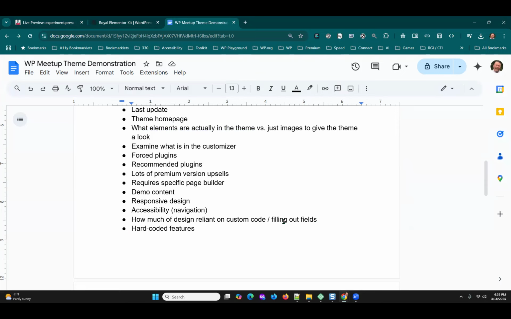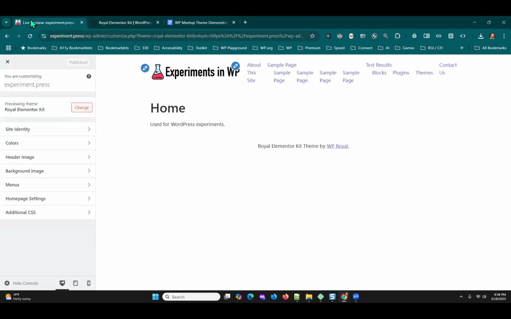Is it responsive? So I look for responsive design, accessibility. How much does it rely on custom coding and filling out fields and hard-coded features? These last two, especially when we're dealing with older themes or themes you might get off of Theme Forest or other sources. I don't even know if Theme Forest is still, I think there's still a source for plugins. But there can be a lot of things coded deeply into the theme. So when we look at that, I'm guessing that this one is not going to have a whole lot of things coded deeply in it, because it's meant to have